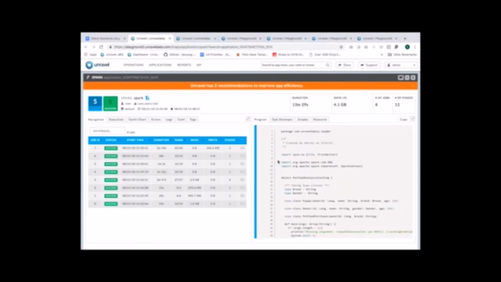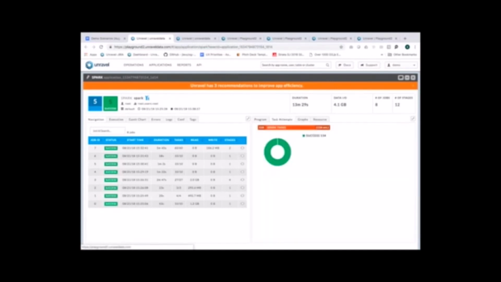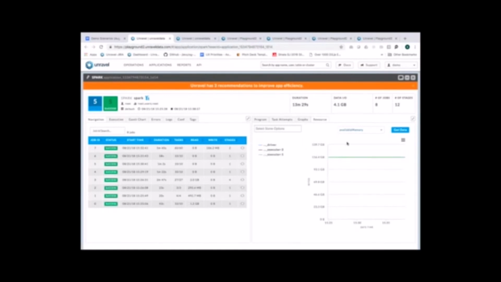to come in and understand what really happened in the application, how much time it took, how much data IO was used. You can also look at the code that was submitted as part of the application, how many Spark tasks were used up, and some key resources. You can look at your drivers and executors, and a whole bunch of metrics at the JVM level. You can also understand how many jobs were created as part of that particular Spark application,